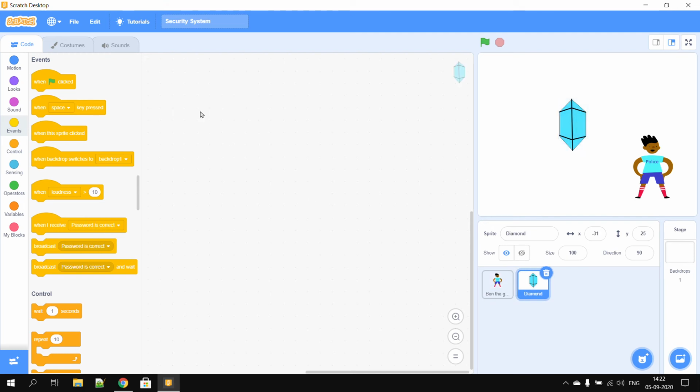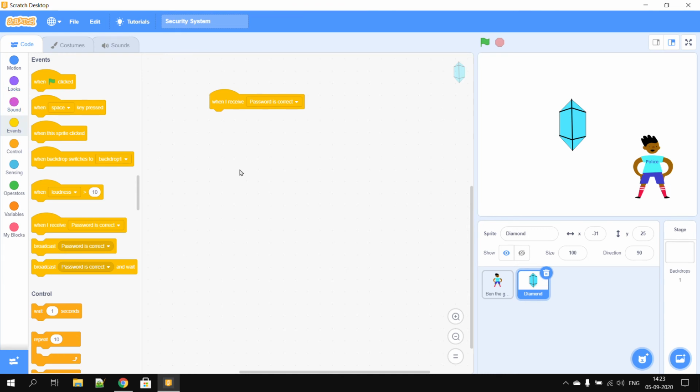And then I will come into here. I will take when I receive password is correct. So when I put the correct password, the guard will send the message that the password is correct and the diamond will become visible.